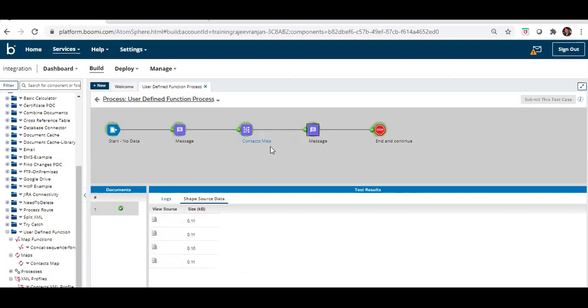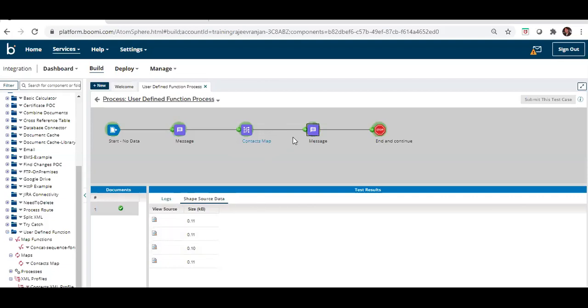After this, the custom function which we added into our contact map iterates over each contact and concatenates the values for every contact, returning a result.